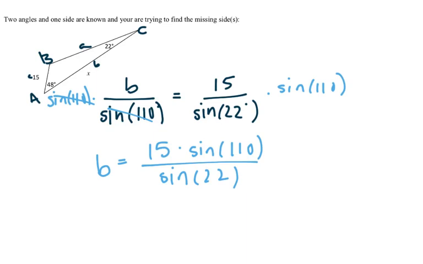You're just going to hit 15 sine 110 close parenthesis, right? It's really, really important that we close the parenthesis around sine in our calculator so that it only takes the sine of 110. It doesn't try and take the sine of the sine. Then divided by sine of 22, again close the parenthesis, hit enter, and we will get that this side B, or x, which is what we called it, is